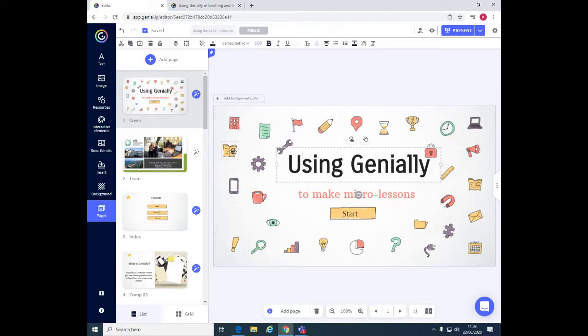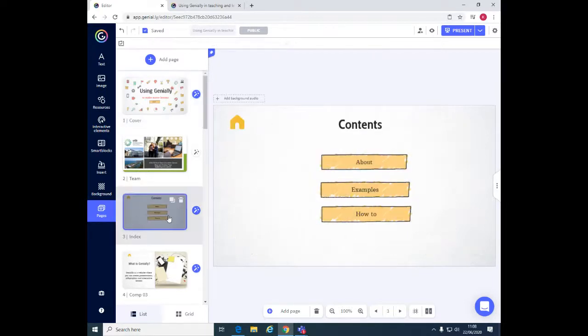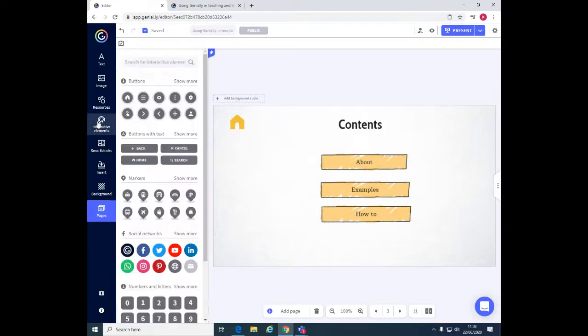So with the little micro lessons, I like to include a home button and maybe a little index so that students don't have to go all the way back through all the slides to get to the start. They can click on the home button and be right back to the index or the contents page. So how you do that is you click on interactive elements